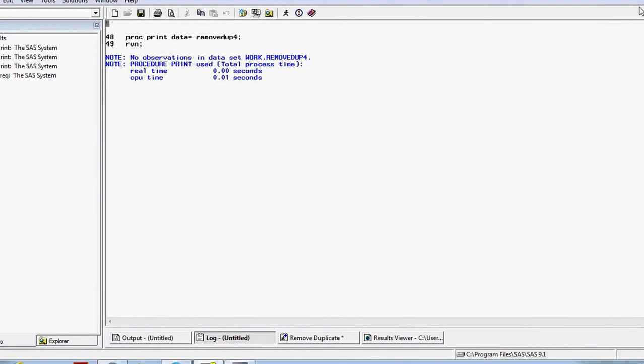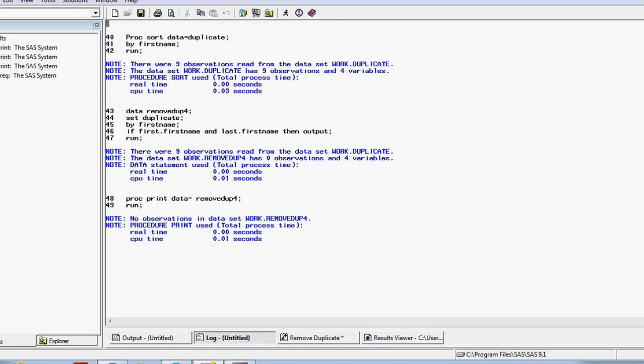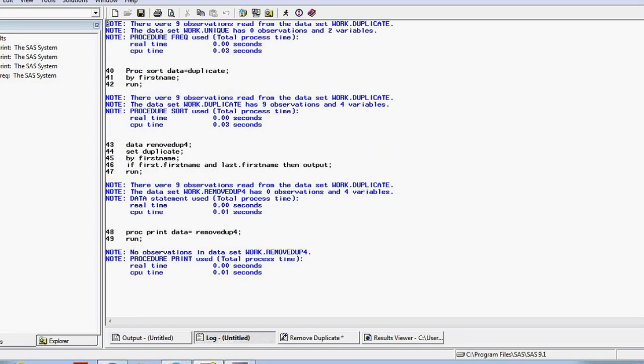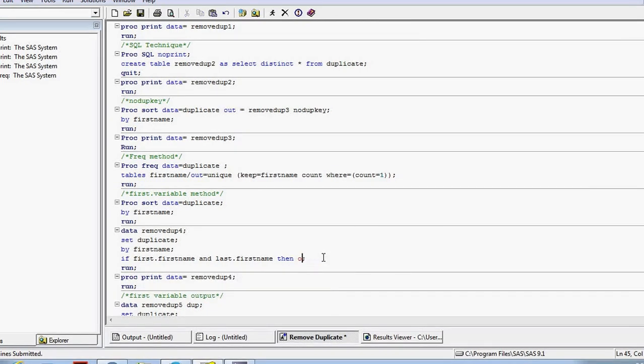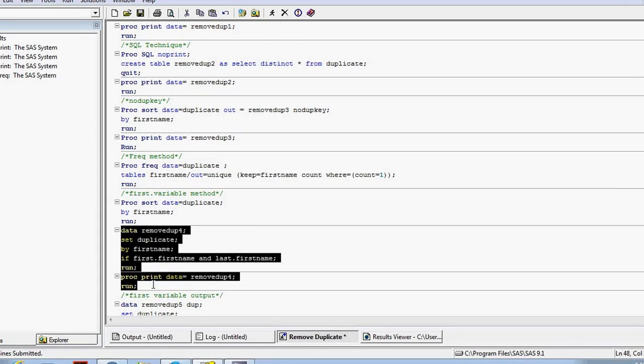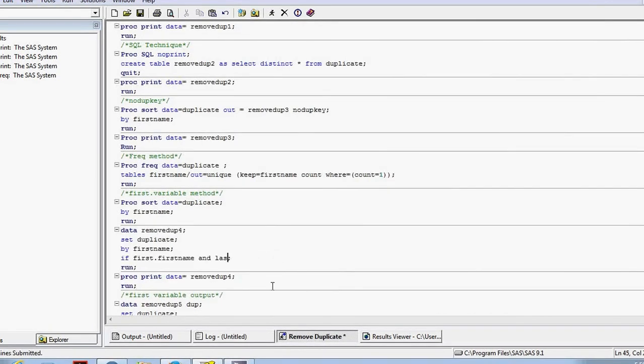It's not happening. I'm just going to remove this, or we can remove this. There is no need for this last name. If first dot first name, then run.